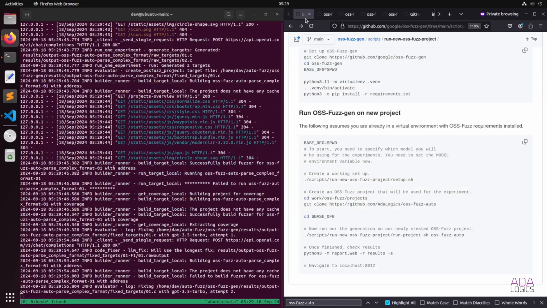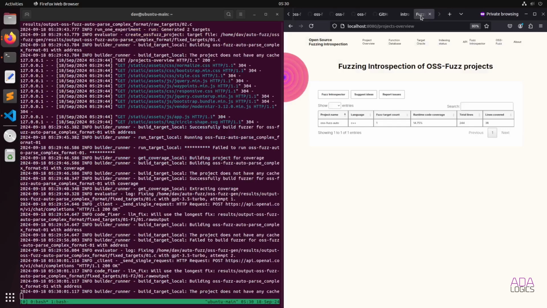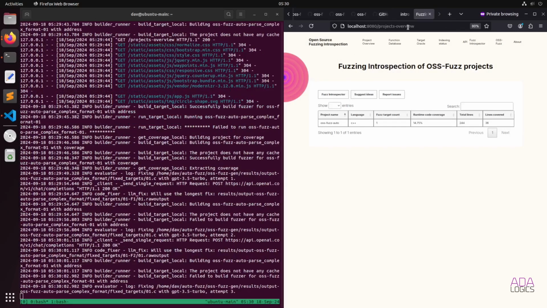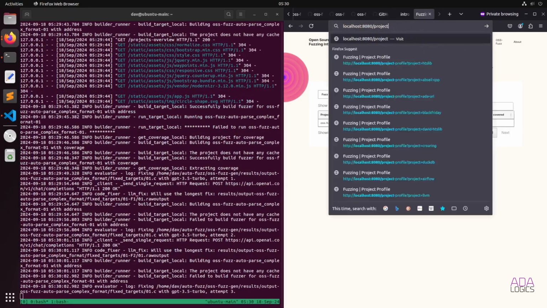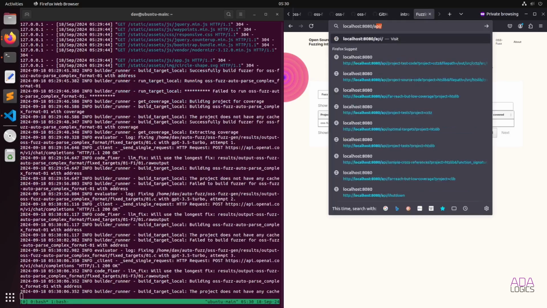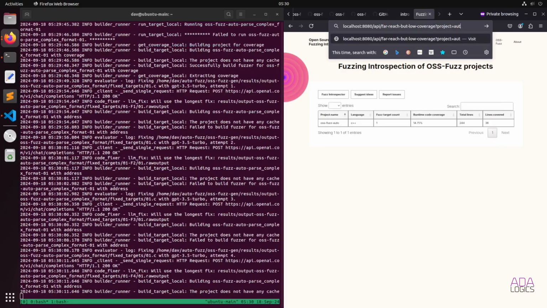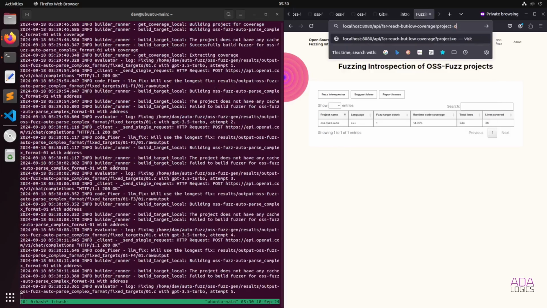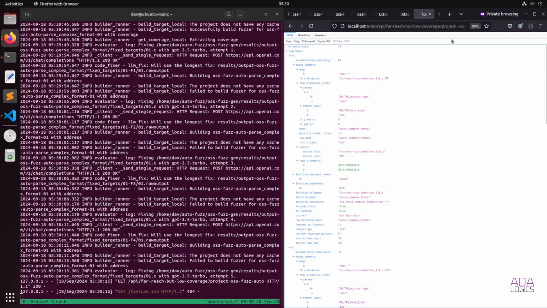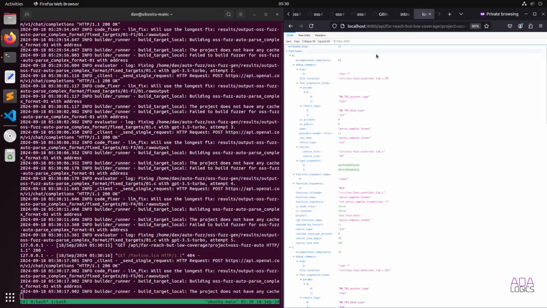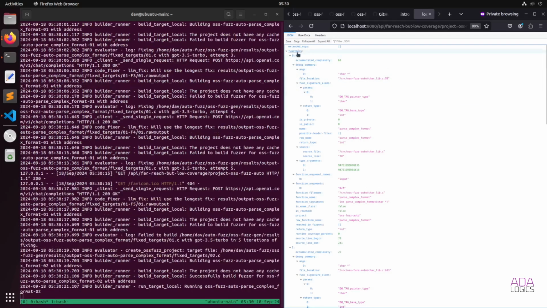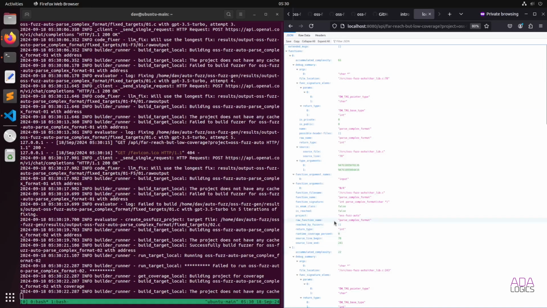So we can see that there is actually the web app running where we can do APIs such as project equals OSS-Fuzz Auto, and it returns, for example, here we can see all the data that it returns,